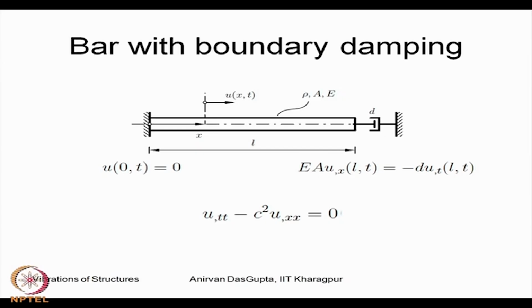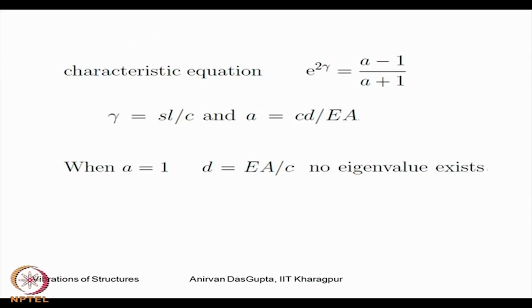This is a system that we have discussed before, in which a fixed bar has its free end connected to a damper which is fixed to the support. We have this equation of motion and the boundary conditions as shown, and for this problem remember that we obtained a characteristic equation. This was the characteristic equation